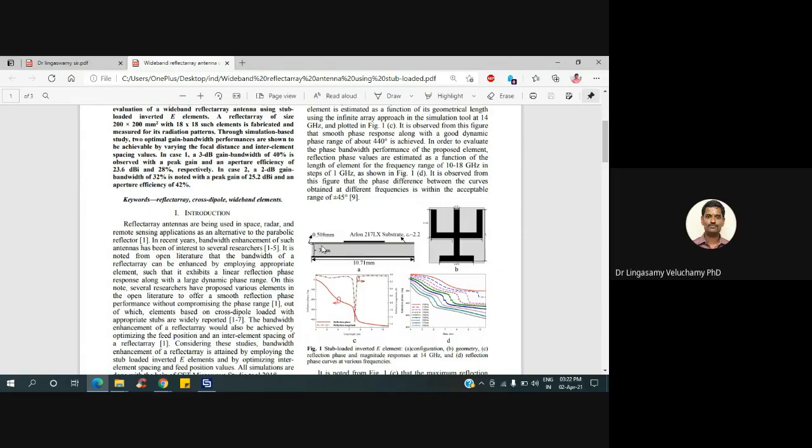Based on lambda by 4? One thing, the straightforward answer is 0.508. Why I have chosen it is that my concern was cost. We did not have enough funding, so in order to manage within that funding, we chose that 0.508 Arlon substrate. Second point is why I went with 3: there is another paper of mine, and there I have presented this result.